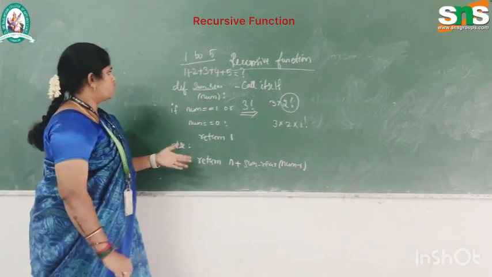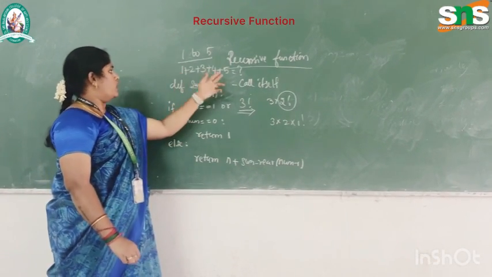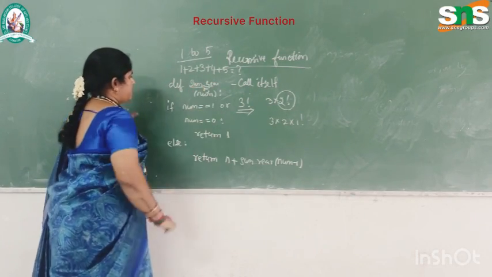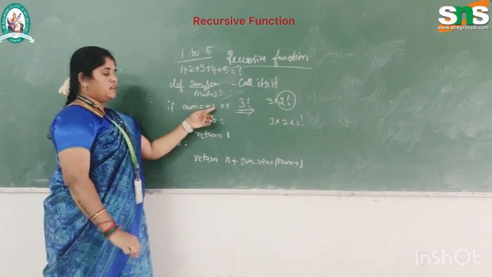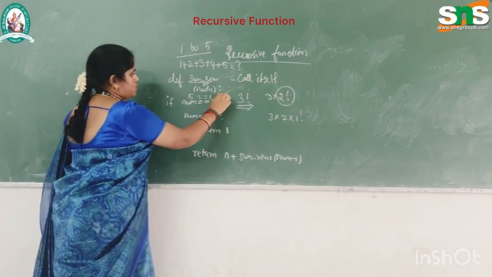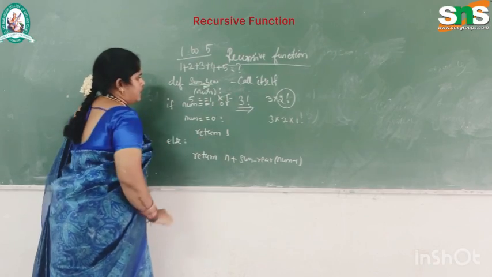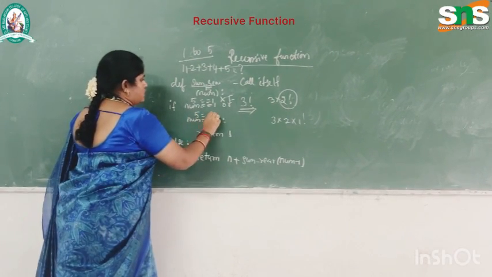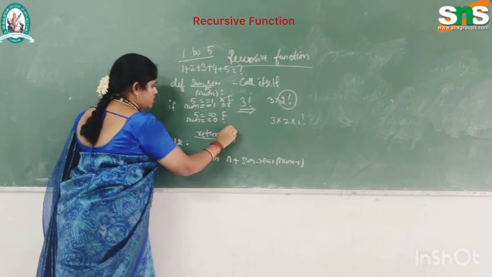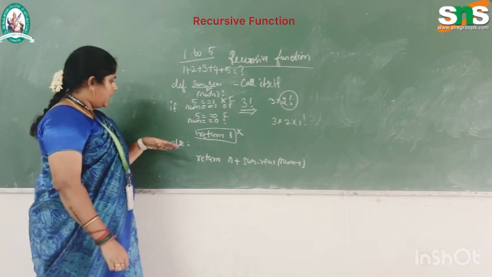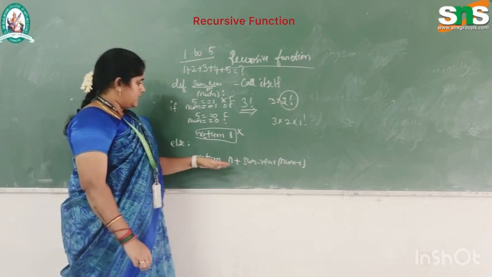How is it working? I need to calculate the value from 1 to 5 here. The number value is 5. The value is checked with equal to 1. Here 5 is not equal to 1, so this condition leads to a false statement, and that block of code is not executed. It automatically transfers to the else part, that is return